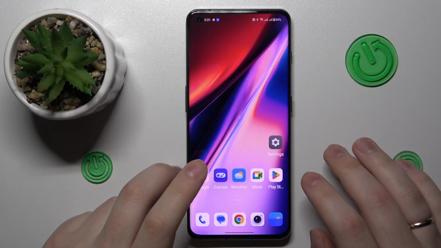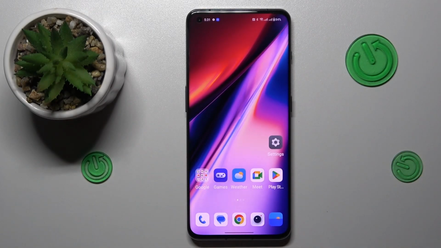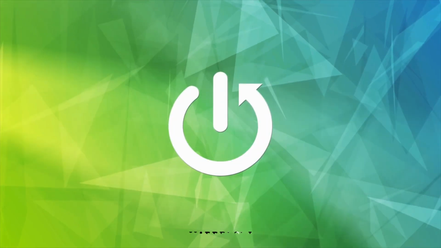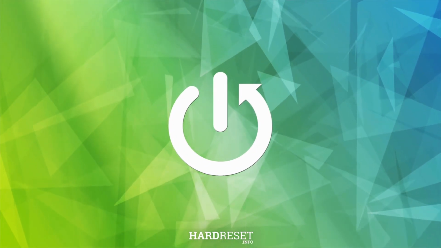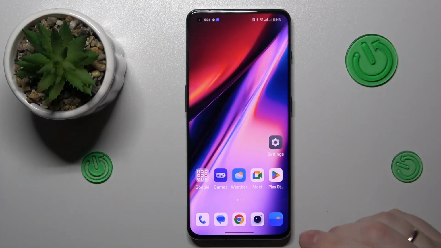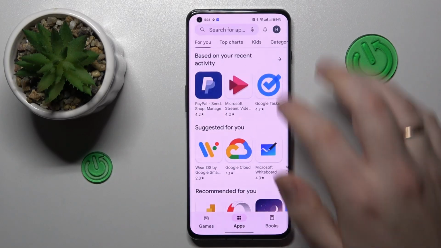This is OnePlus 11, and today I would like to demonstrate that you can download and install the Opera browser on it. So to start, you will need to make sure that your smartphone is connected to Wi-Fi, then launch the Google